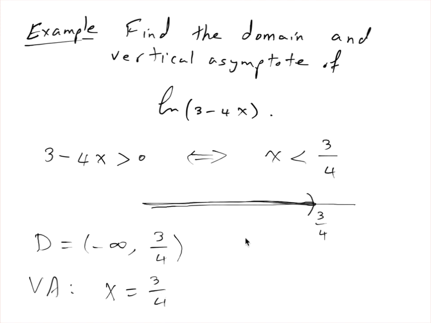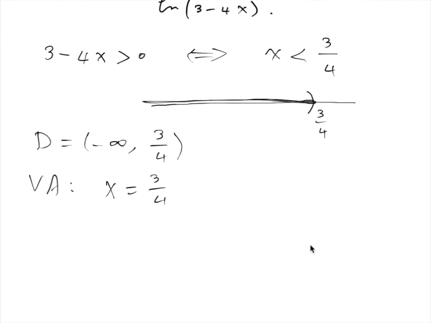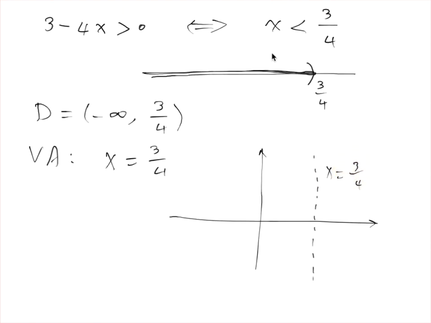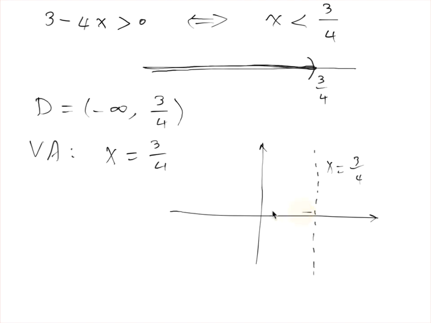Knowing this, we can actually graph this function too, if we want to. So here's the xy coordinate system, and the vertical asymptote is at 3/4. So let's say this is the line x equals 3/4. That's the vertical asymptote. And because the domain is on the left side, the graph would be on the left of this line, this dotted line. Now to plot a couple of points,